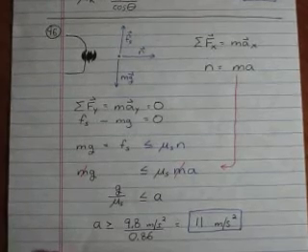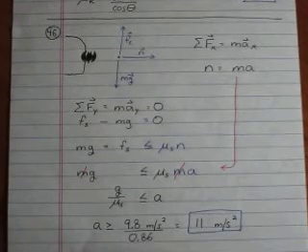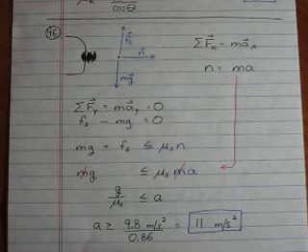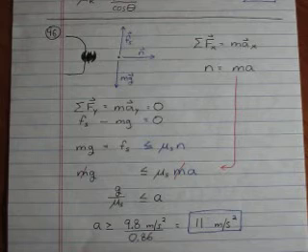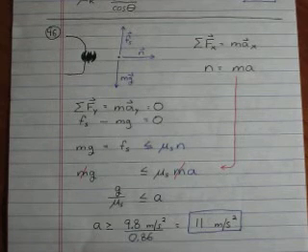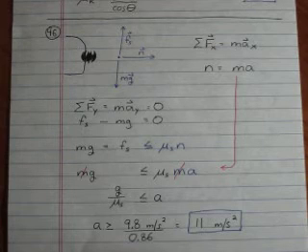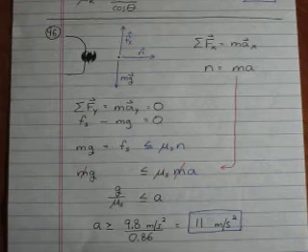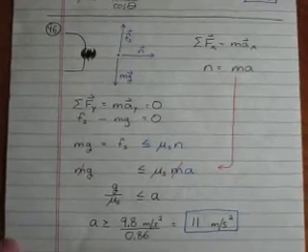Number 46. I like this one. A bat crashes into the vertical front of an accelerating subway train. Frictional coefficient between bat and train is 0.86. What's the minimum acceleration of the train that will allow the bat to remain in place? So you look at the force diagram. There's my bat